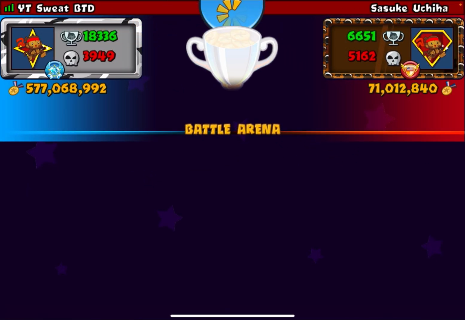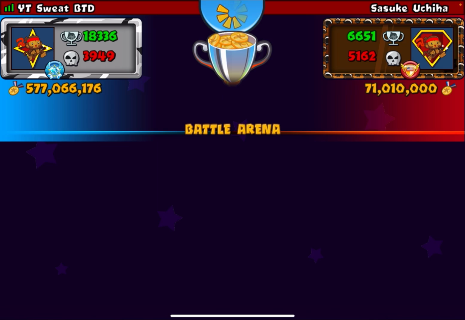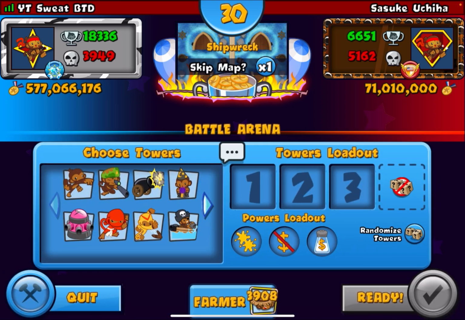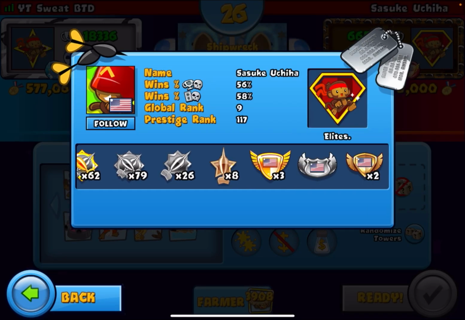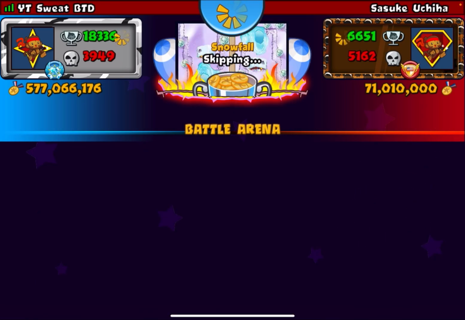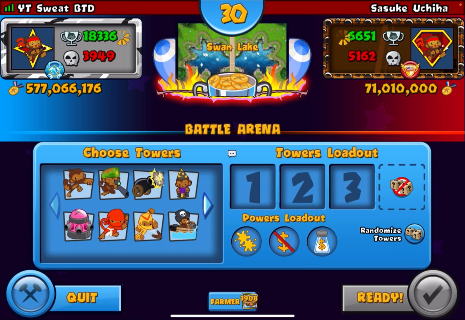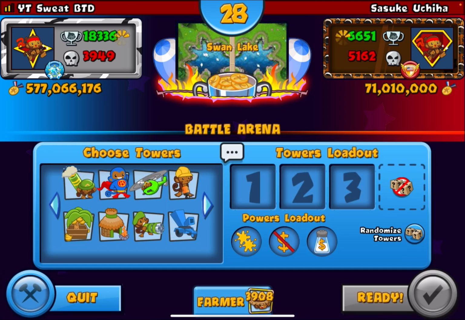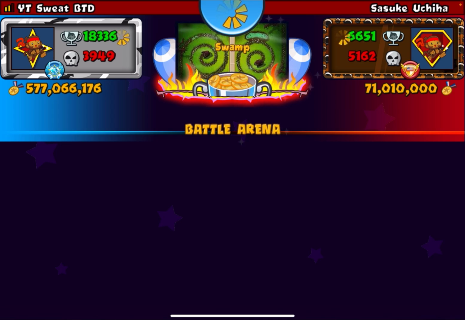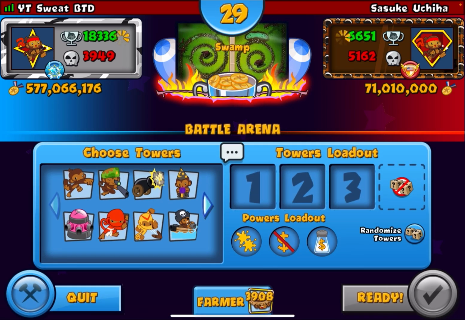And now we match Sasuke Uchiha. This is a grinder, of course. But yeah, I know him because he plays a lot, but he's not even on Discord. Like you're going to see, yeah, he's way high up the global leaderboard, low down the prestige leaderboard. Typical grinder stuff. So, I mean, we're on Swan Lake. I'm going to... I don't know what I'm gonna do. Okay, he skips. And we get Swamp instead, so...